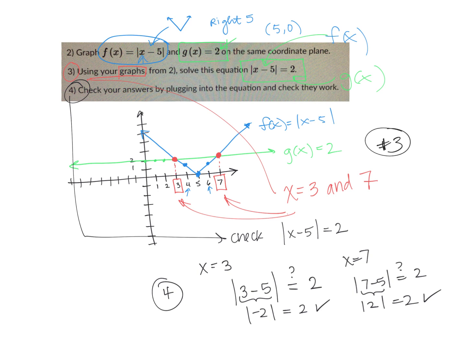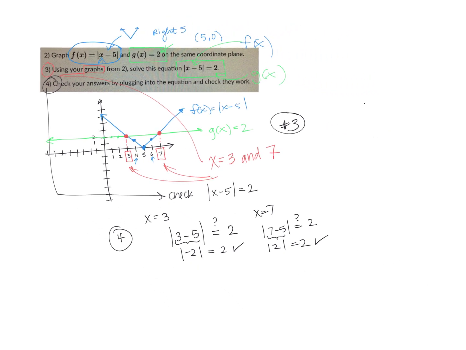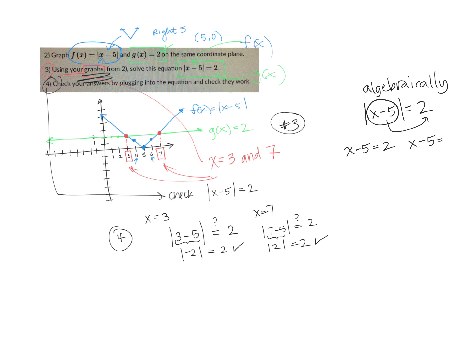Again, if you solved it algebraically, most of you were doing that, which is okay, but I had asked you to do it by graphing. So algebraically, most of you did it correctly, but a few of you were missing one, and what I mean by that is we're saying the absolute value of some number equals 2. Well, that some number, which is x minus 5 here, that expression, could be a positive 2, or it could be a negative 2, and I just wanted to make sure we were all okay with that,